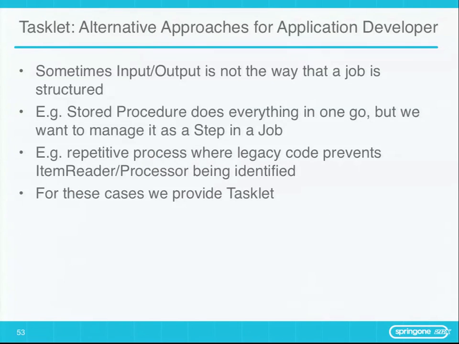There's another use case here, which is, okay, you've got a job that isn't so naturally mapped by input and output. It's not easily described in terms of reading in chunks and then writing out in chunks. A common use case is, okay, I've got a stored procedure. I just need to run the whole thing. One step, launch the stored procedure, and then just wait for the confirmation code, you know? You need to be able to integrate legacy processes into your batch processing, obviously. We're not expecting you to rewrite everything. Maybe a web service call. We have the ability to actually communicate with web services as well, but the point is, there are a lot of cases which don't map naturally into this API strategy.